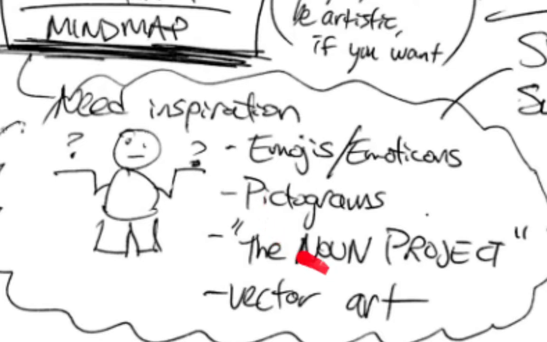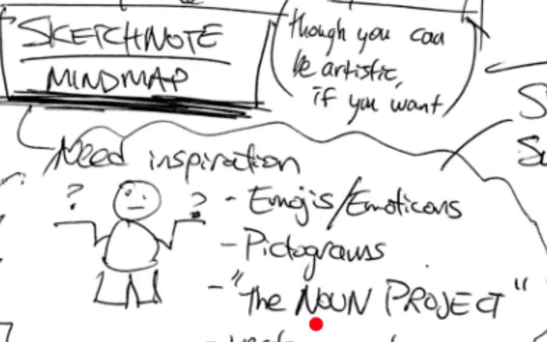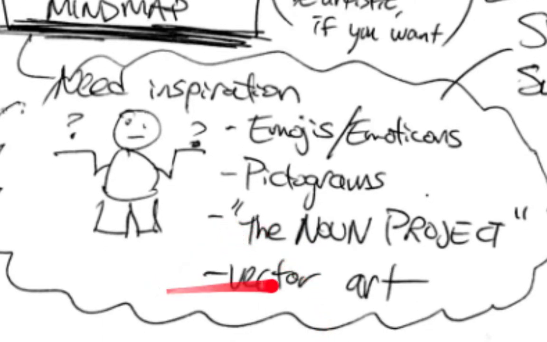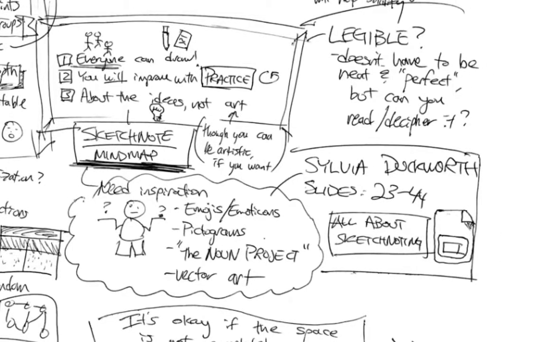I should include here in the next version AutoDraw, Google's AutoDraw. It's like you make some strokes on your digital page and it will guess. It's kind of like auto suggestion for that. And they have some nice vector art. And you can always search the term vector art. And like a lot of types of art, you learn to copy what exists first, as you develop the technique to be able to develop your original ideas.